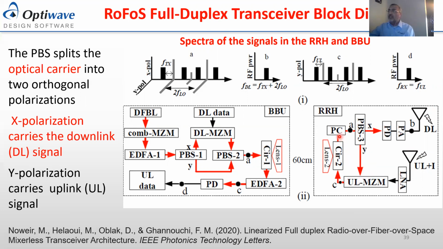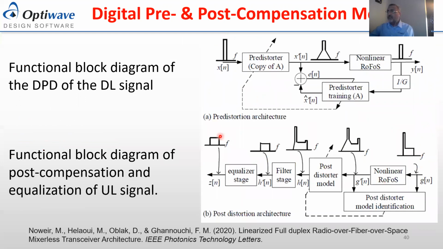The Y polarization is transmitted over this using the circulator again into free space and detected by the system at the baseband. This way enables the bidirectional full duplex system, and we create a predistortion at the downlink and post distortion at the uplink. This diagram shows the concept of the predistorter for the downlink and the post distortion for the uplink, and with the interference, as you can see, eventually you get the original signal.